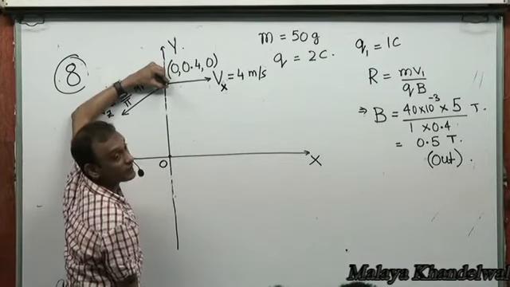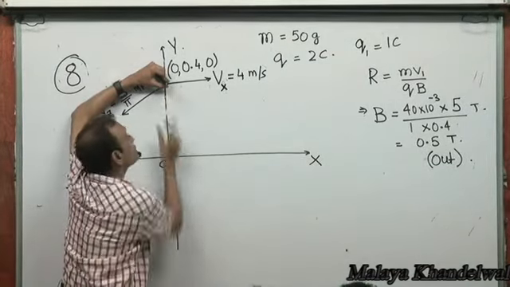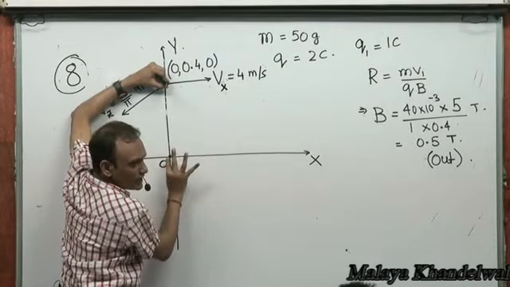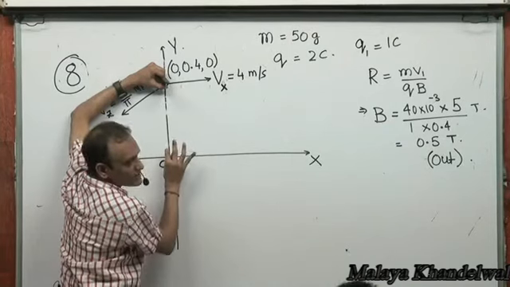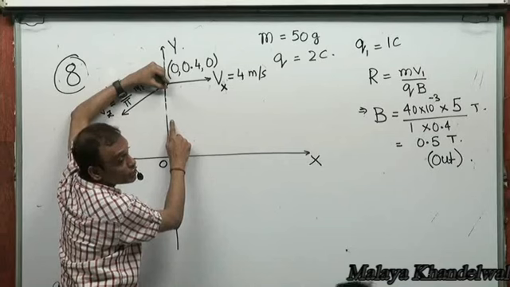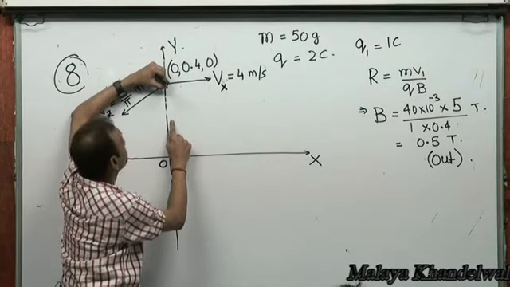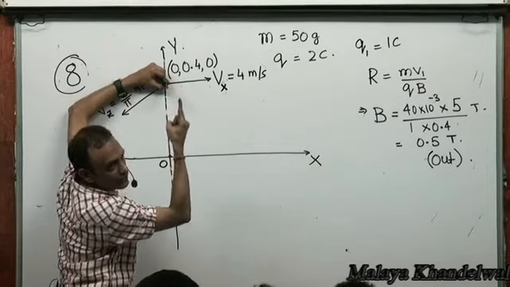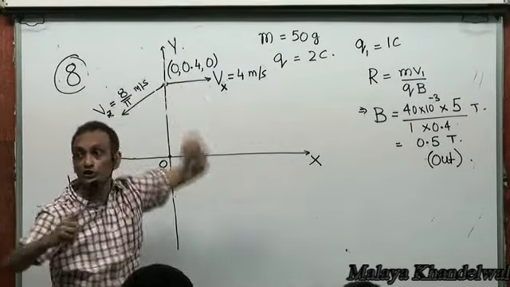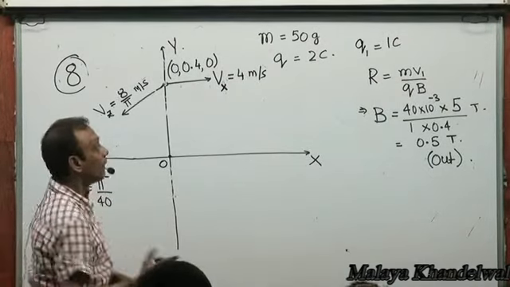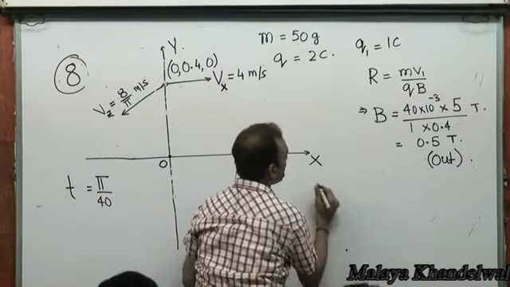Now in the XY plane, the center of the circle will lie somewhere here, right? Because V cross B is downwards. Q is positive, so V cross B is downwards. Now, I want to calculate the new radius of the circular trajectory in the xy plane, right? And as far as Vz is concerned, Vz is parallel to B, so it will only produce axial motion. The resulting motion would be a helical path, right? Now, the new radius